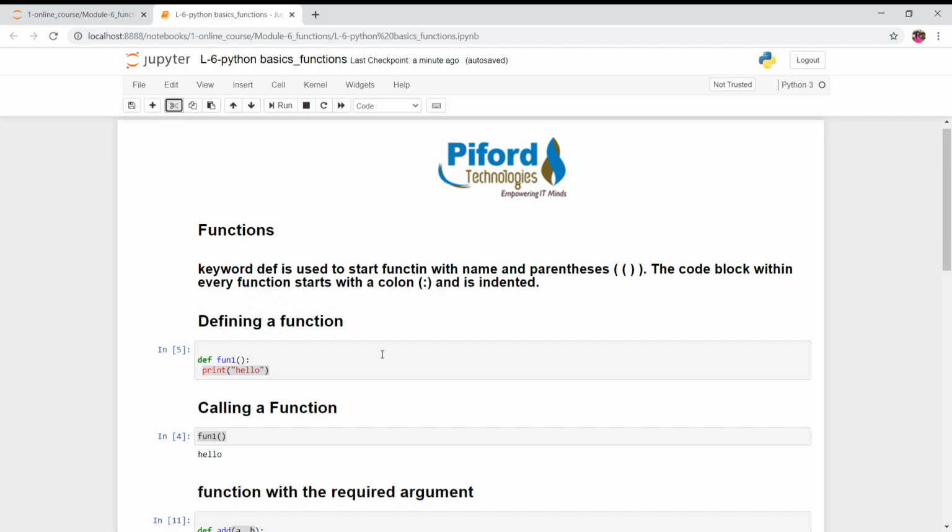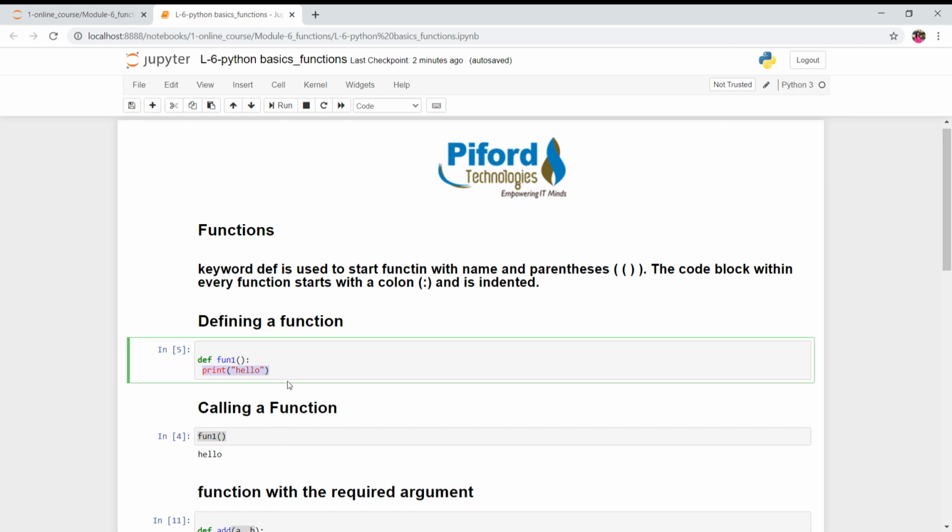Let me show you practically how. First of all, how to define a function? What is the syntax for a function? Whenever you want to create a function, you need to write def. Def stands for define. Def and then the function name. Here you can write whatever you want; this is just a function name. After that, you need to write parentheses and a colon. So this is how you define a function. And over here, you need to follow the indentation rule, because under this function you can write whatever code you want as per the functionality.